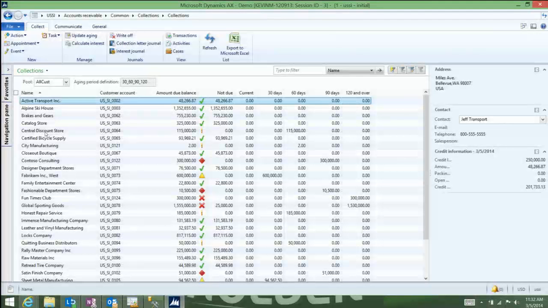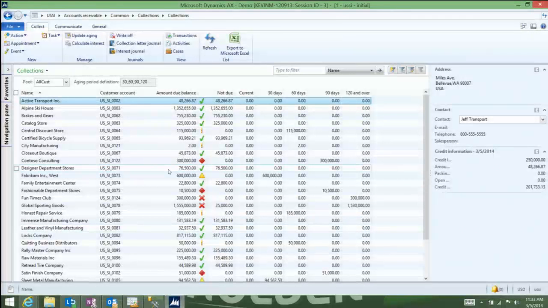Now, what this list page enables me to do is it basically gives me a quick view of all of the customers that I'm assigned to within the organization, and just a quick glance of things such as what their balance due is. And then you'll notice that I've got an indicator here next to my aging amounts that basically tells me whether or not they're in good standing or whether or not they're kind of on the edge or whether or not they're in bad standing with the company.